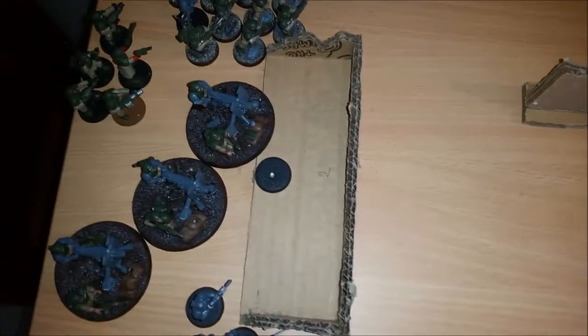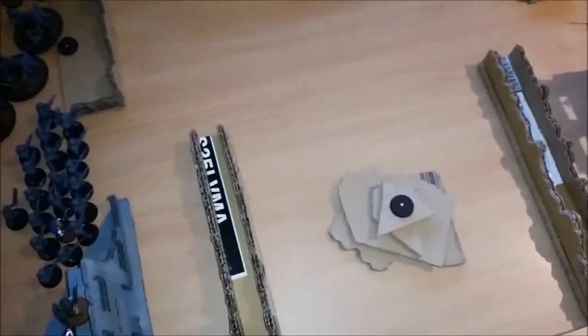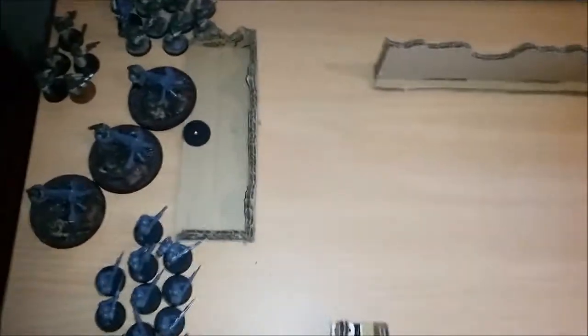So, for example, within 2 inches of this objective, I'm making it 2. I think it might have been 3. But anyway, within 2 inches of this, if it's a troop selection, it counts as scoring. If it's not, it's a deny unit. So it's exactly the same as usual. But what I'm doing is, at the end...